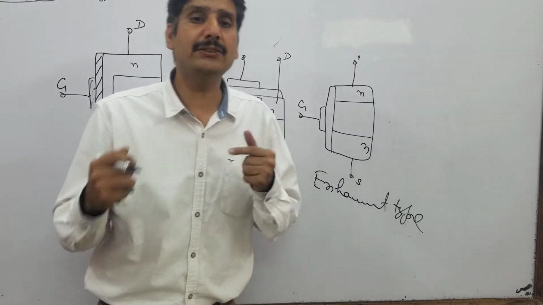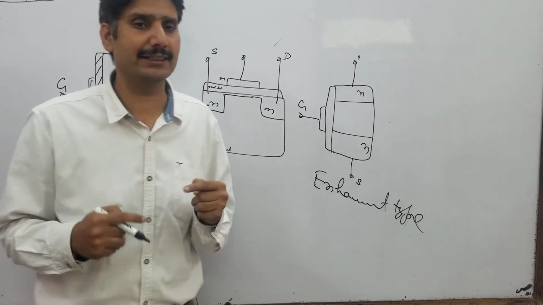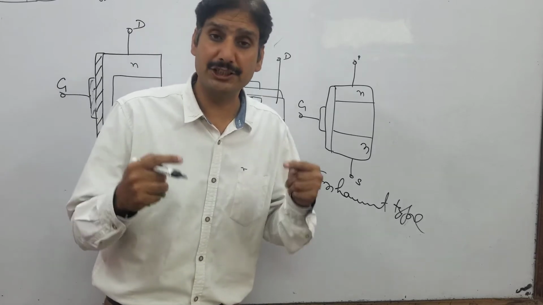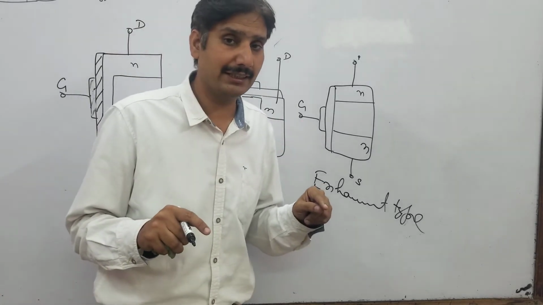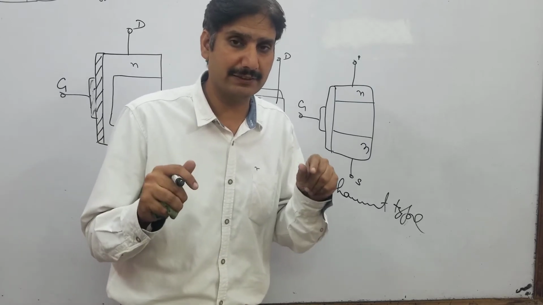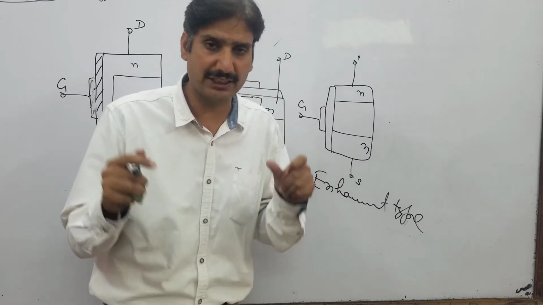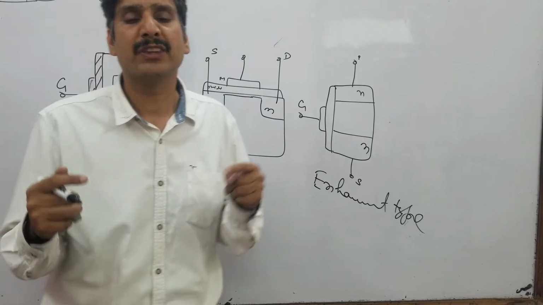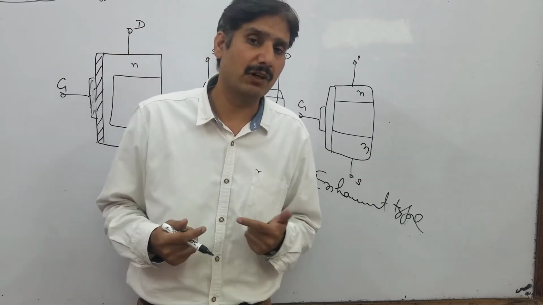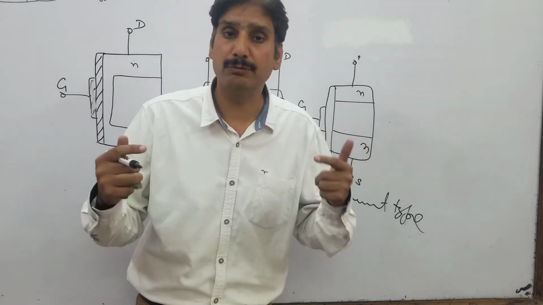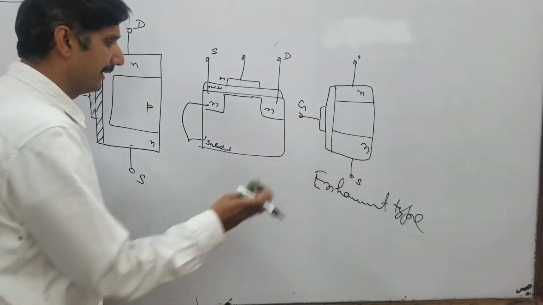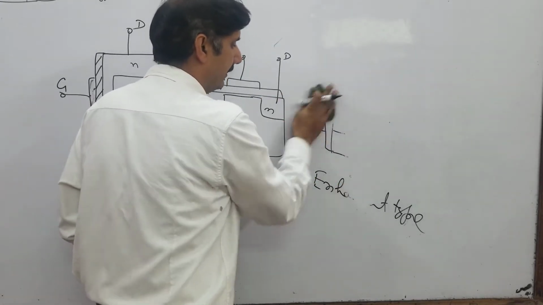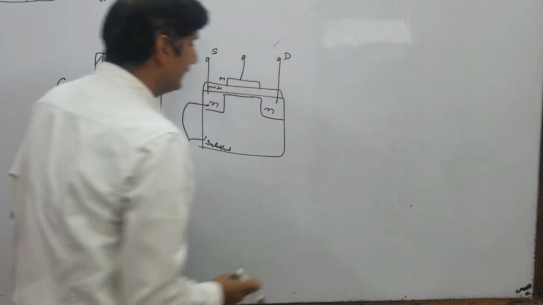If the source and drain are connected by a thin layer, that will be termed as depletion type MOSFET, and when source and drain are not physically connected by a connecting layer, that's what we call an enhancement type MOSFET. I'll come to enhancement type MOSFET a little later, so I rub it off. Let's deal with this now.